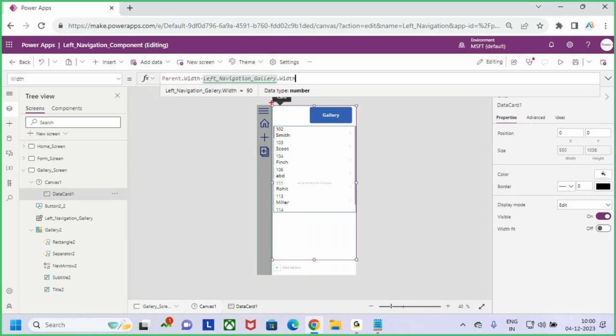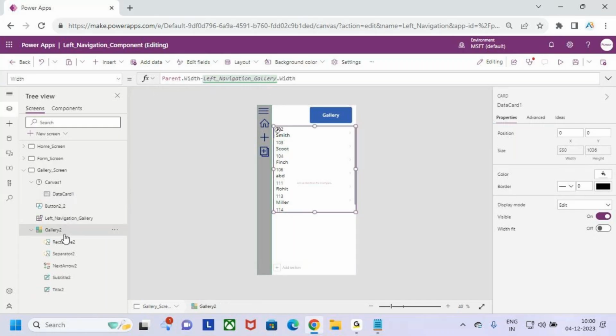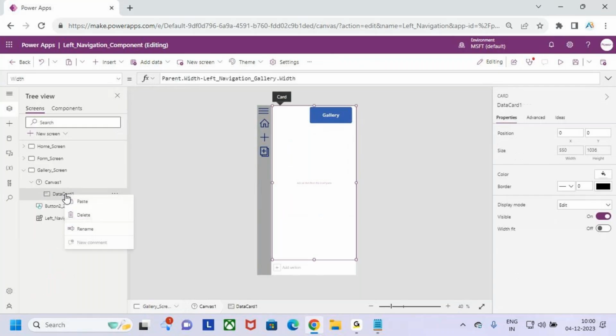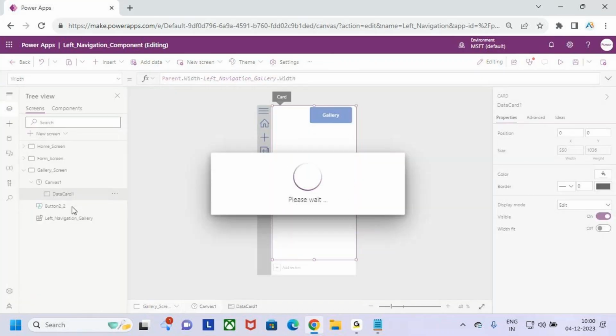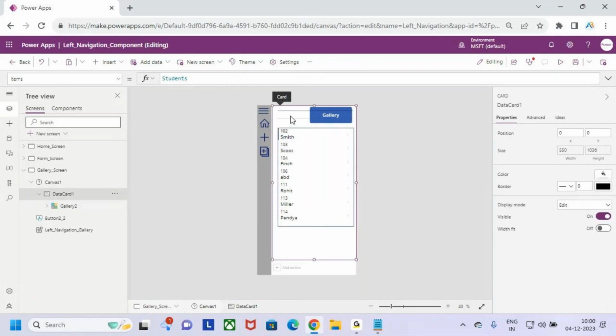Now it is fitted to exactly here. Next, the gallery is outside. Currently the gallery is outside the canvas. So what I will do, just cut the gallery and go to the data card, and paste it here. Now within the data card, paste it. Now just reduce the width and height of this gallery. Now within the canvas I am adding it. Now save it,